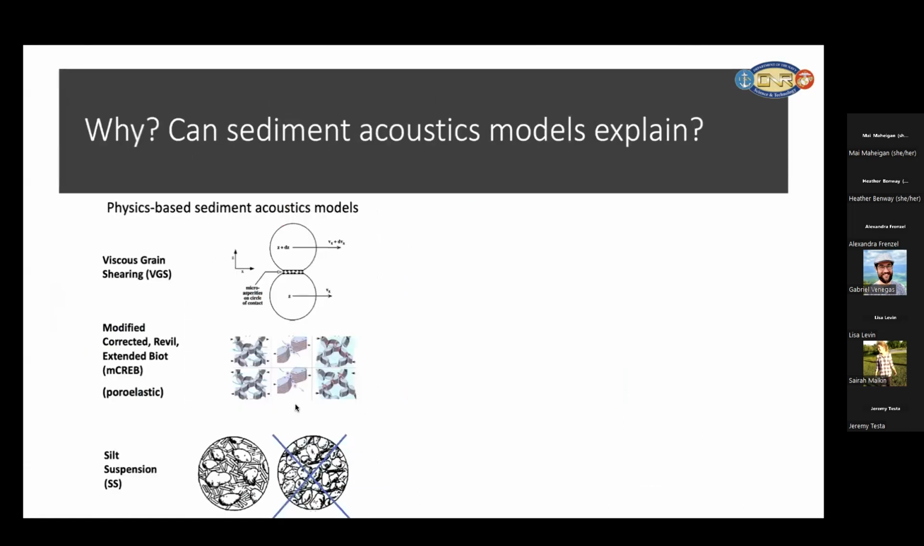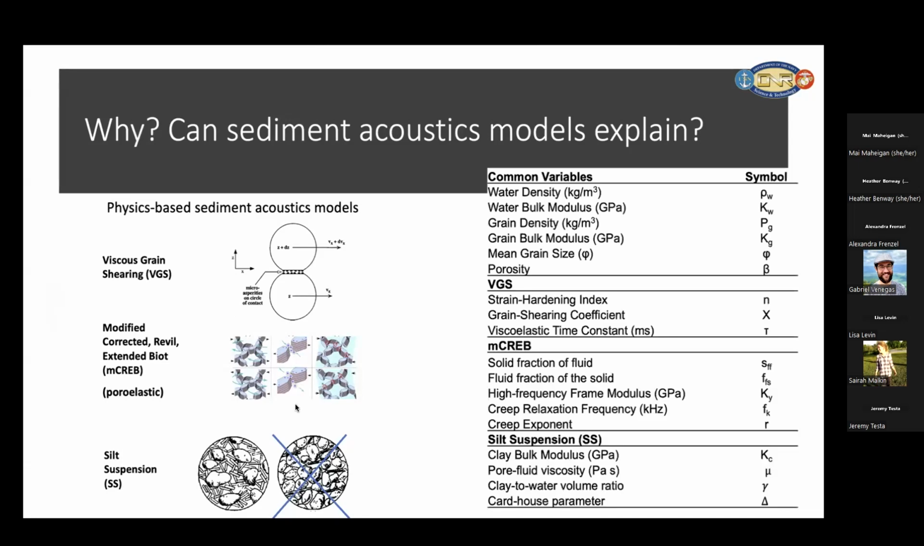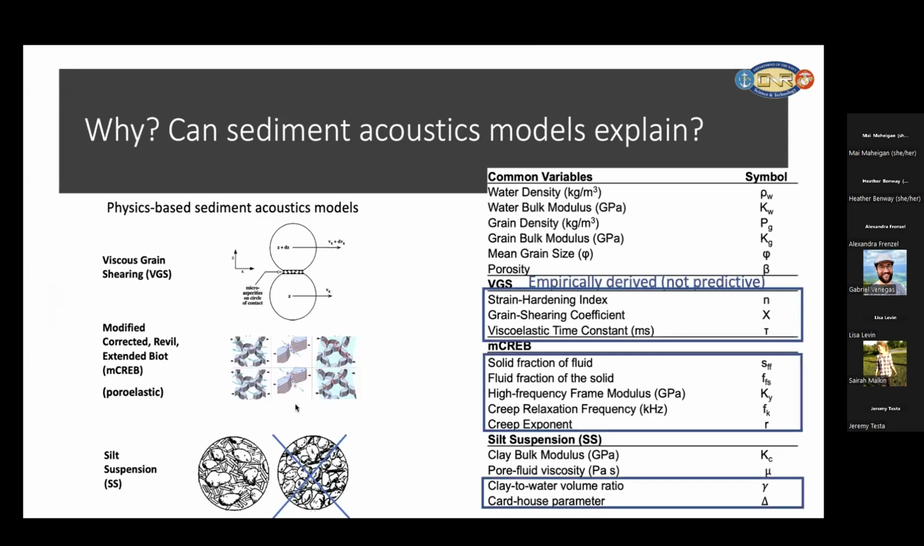So I'm not going to go into this too much, but the idea is that there are generally 3 physics-based sediment acoustics models, and they incorporate various mechanisms by which sound is either attenuated or propagated in the sediment. The point I want to make here is a lot of these inputs are empirically derived using sediment data. So you need to go out and take acoustic data and sediment data and do these fits